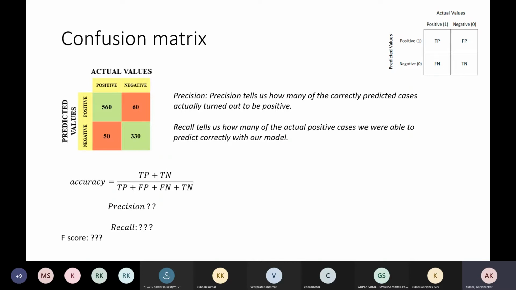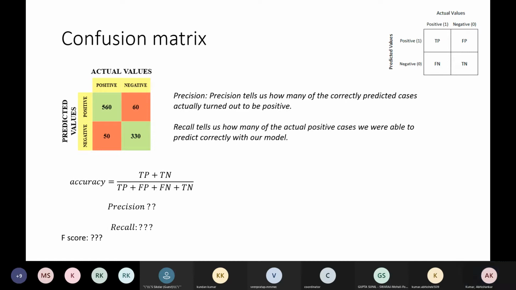Based on our definition, I have just taken one example. We have a confusion matrix.